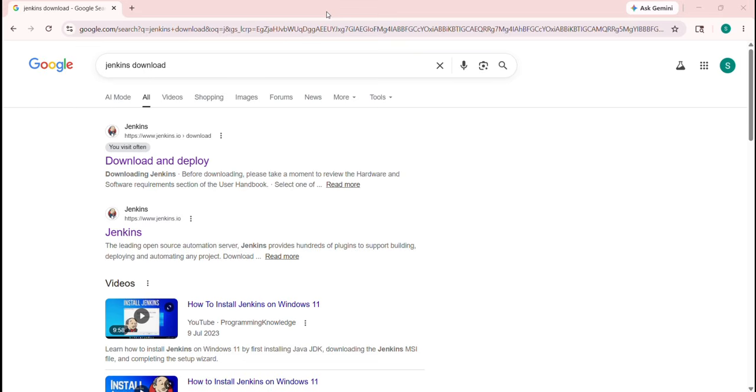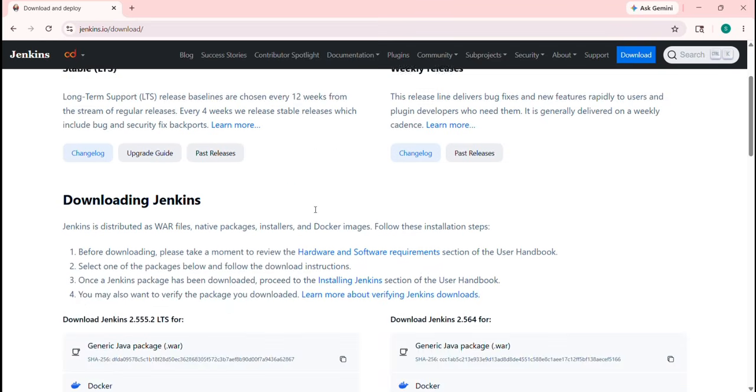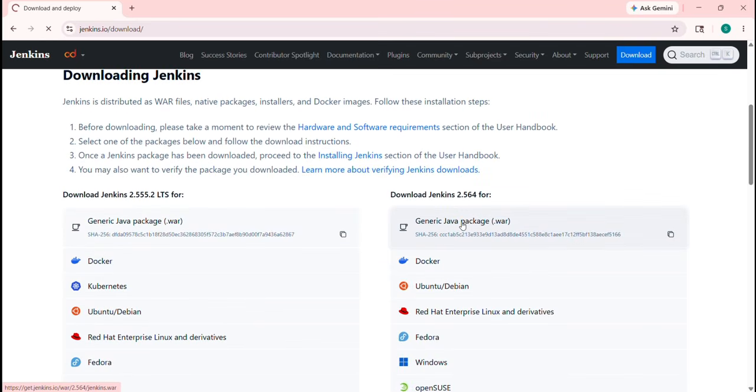In this video, let's install Jenkins, and also we'll learn how to configure Jenkins for first use. First, we need to download the jenkins.war file. It's getting downloaded. Let's wait until it gets downloaded. Once it is downloaded, we have to navigate to the folder where the .war file is downloaded, and then we